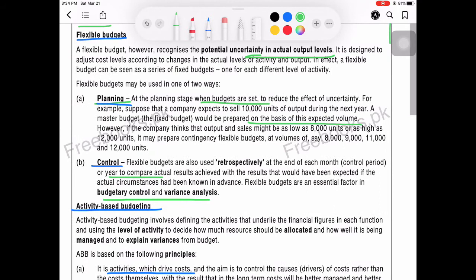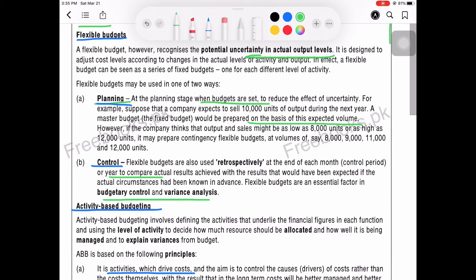So basically what happens with a flexible budget is that you have a budget, but you know that the demand and the expectations that you have, and what the actual circumstances would be, are really uncertain. You cannot think of a single number, you can only think of a range, that my demand would be from this to this, correct? So flexible budgets are prepared keeping that in mind, that you have an uncertain future. You don't know what would be expected. The unexpected could also arise. It won't be the same as what we had the previous year. That's why